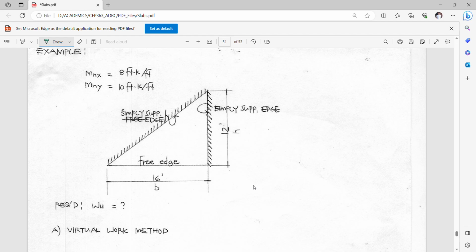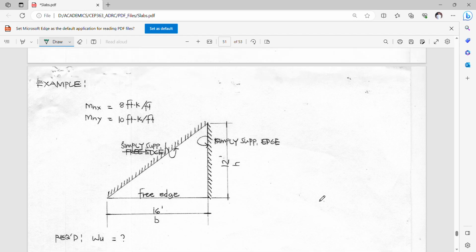Hello guys, so we are again here to discuss the sample problem of yield line analysis using the virtual work concept. So the problem is a simple problem about a triangular slab with simply supported edges, shown here